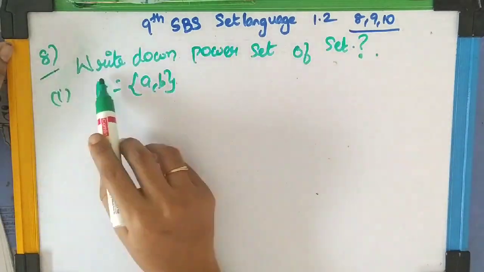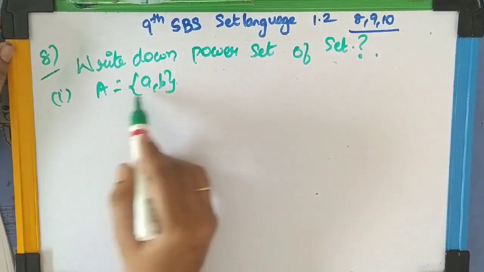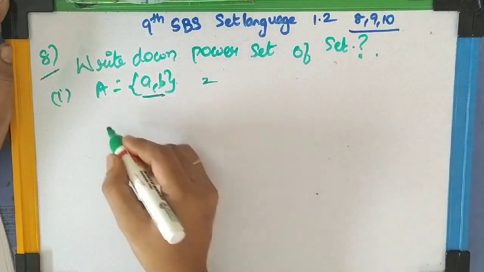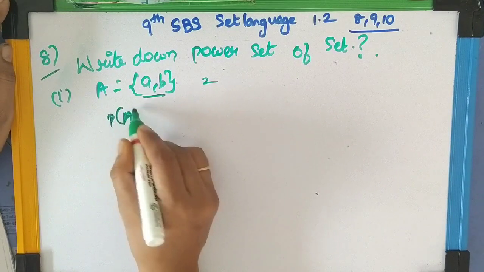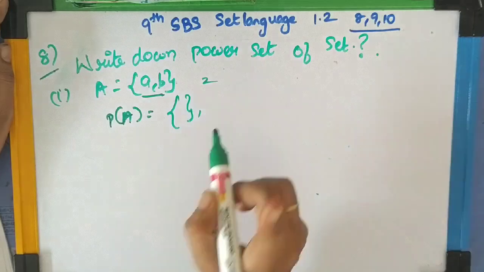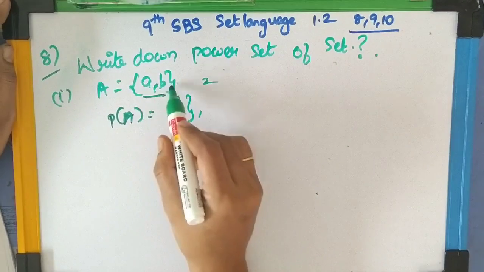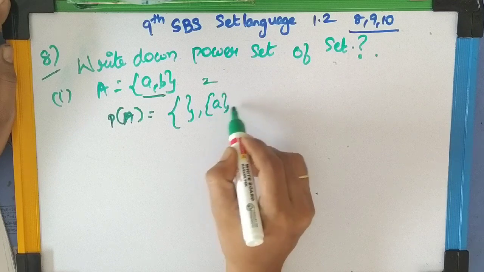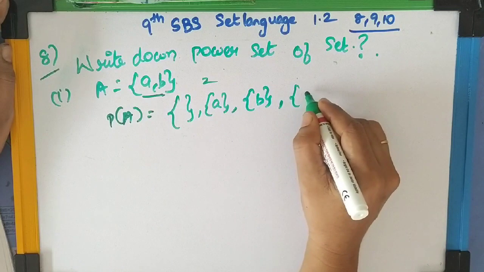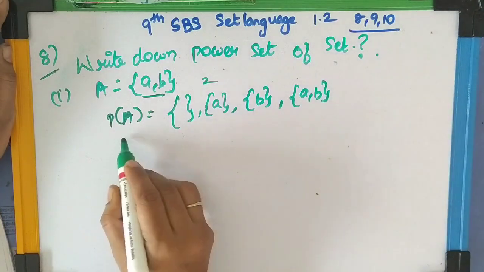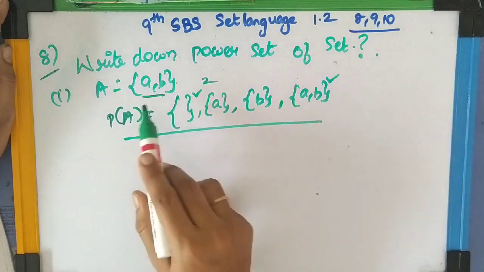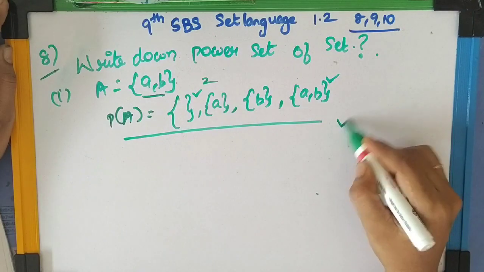Okay. Now the first question is, we have to form the subsets of the set A. A contains a and b. Okay. Here, 2 elements are found in the set, so the power set will be very simple. That is, first is the null set. Very good. Then single element subsets. That is a, and the second subset is b. Now we have to write all the elements in the subset. That is a and b together. So totally there are 4 subsets for a set which contains 2 elements: null set, 2 single element sets and 1 two element set.